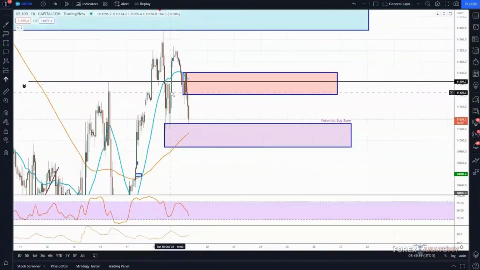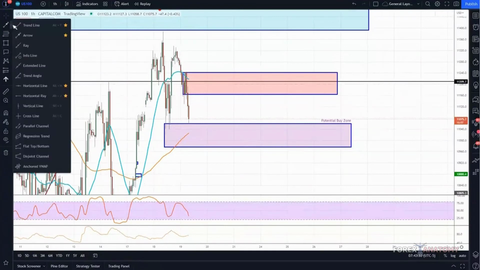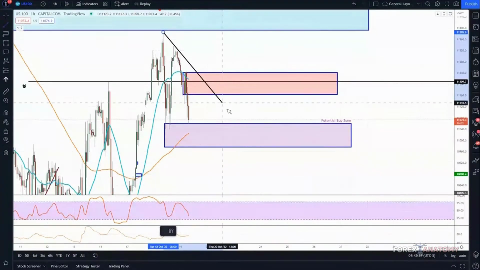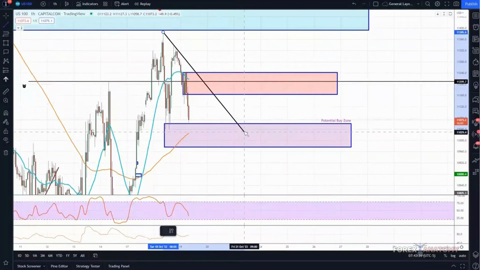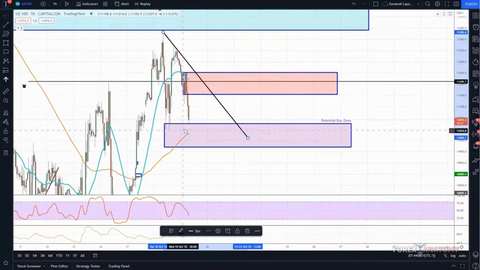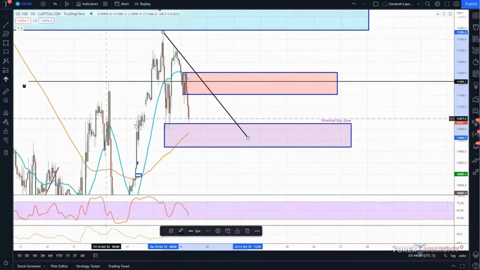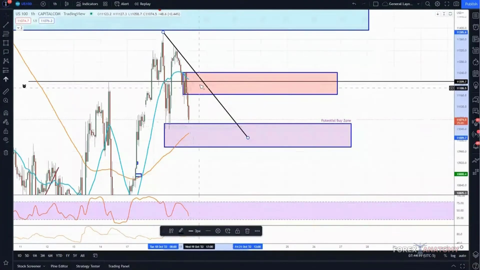That's just something for us to know. And also, let me just do this since I see it. We have this trend line as well. So if I'm going to enter this buy, I would like to see price break this zone and break this trend line to the upside,